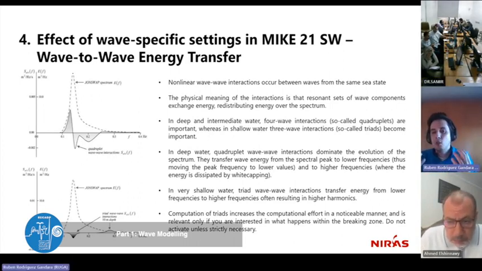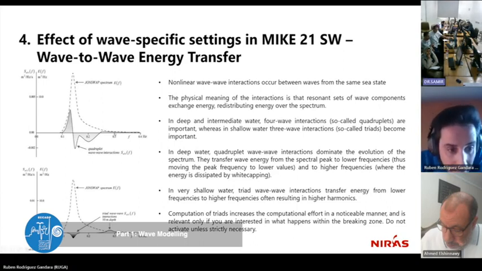And it happens in groups of 4 waves. I will not go into detail of why this is, you just have to believe me. And if you want to know more about why this is, I can give you a reference, a very nice book from Holthuijsen where it is explained. I'm not going to go into detail of that in this presentation. Basically, what I want to tell you is that for the quadruplets, for a given sea state, what you will have is